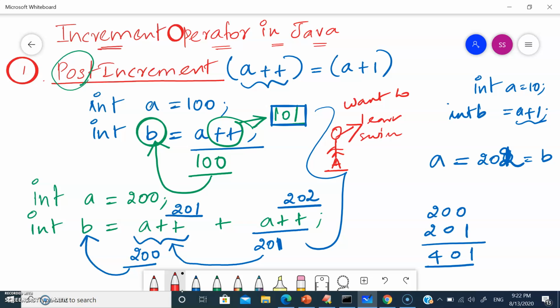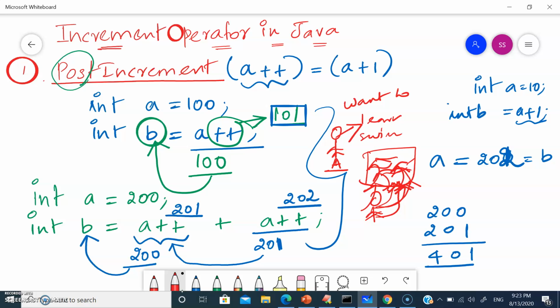First, on seeing the swimming pool, the person is coming and standing, and then jumping. A person who doesn't know how to swim is trying to learn. In that case, first he is coming and standing near the swimming pool, and then he is jumping, right?